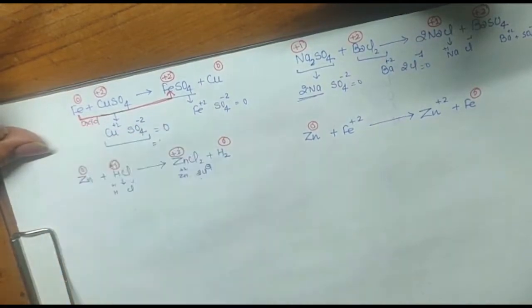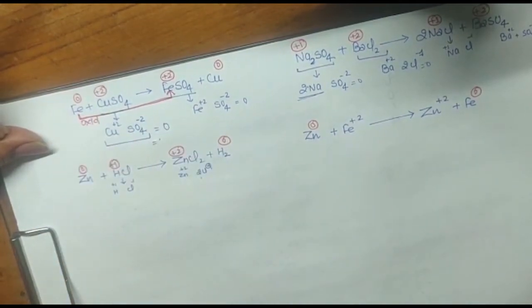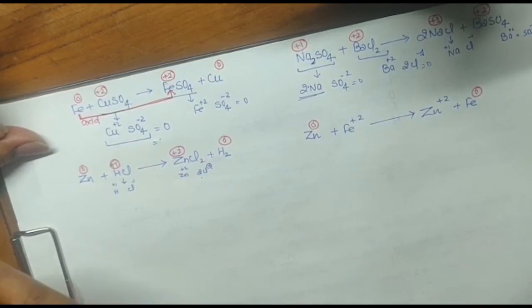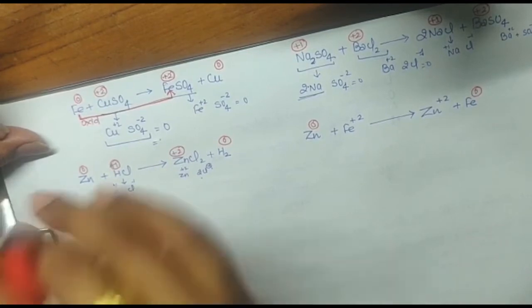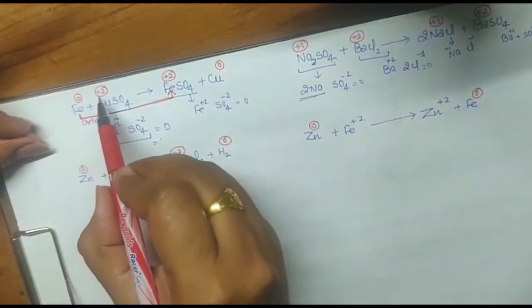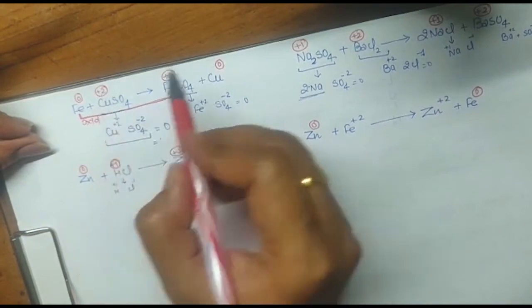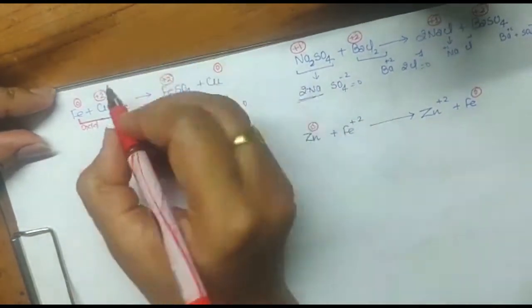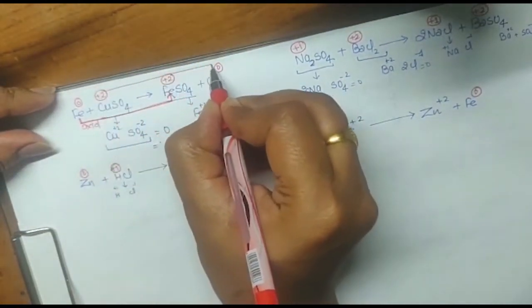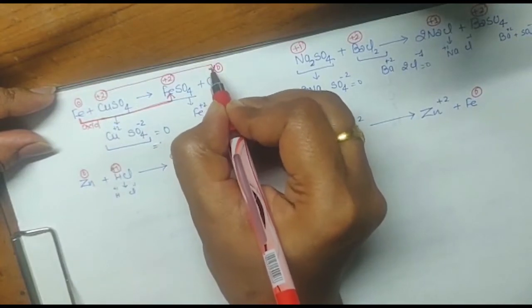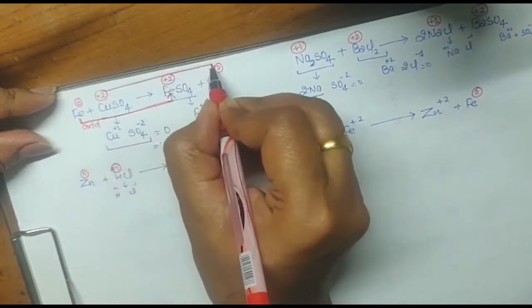Oxidation. Because I told you when positive charge increases, it will be known as oxidation. So if oxidation is there, that means reduction must be there somewhere, we have to find it. Yes, so check the other one. This is copper +2 state, and here copper is 0. So what is happening here? The charge is decreasing, isn't it? The charge is decreasing.